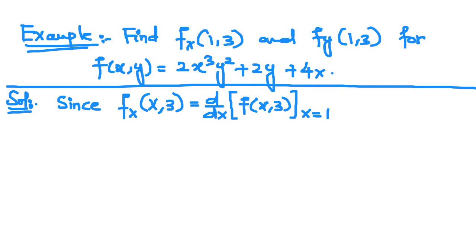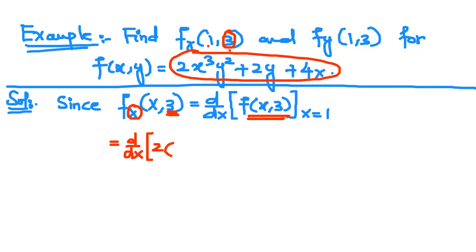Basically, when you want to find the partial derivative with respect to x, you have to keep y fixed. And we have to find the partial derivative at 1 and 3, so the fixed value of y is 3, so I have to find the function value at x and 3. Okay, so this is equal to what? D by dx of the function at y equal to 3, so this will become 2 into x power 3 and y value is fixed, that is 3 square, plus 2 into 3 plus 4x,